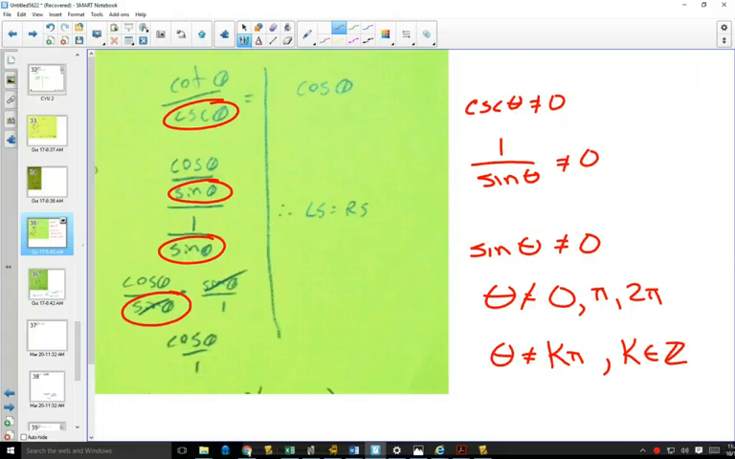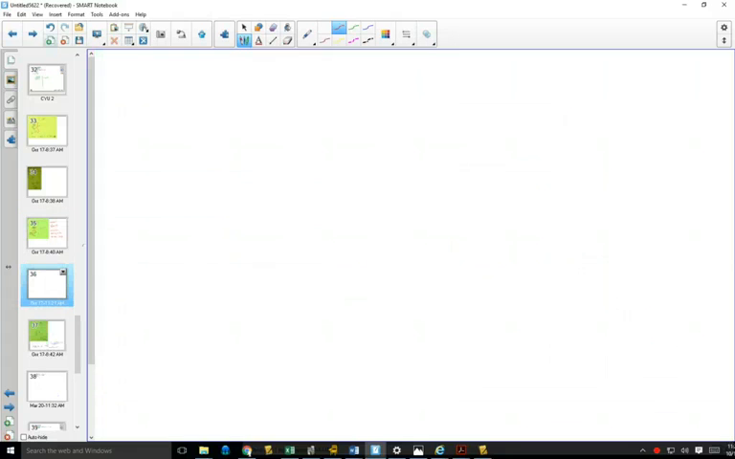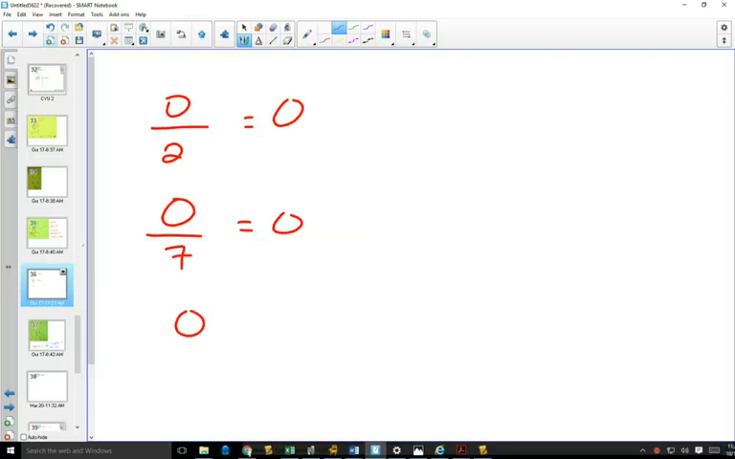And I have a question for you about fractions. When are fractions equal to 0? Can you give me some number on the top of the fraction, number on the bottom of the fraction, so that it's equal to 0? 0 divided by 2. Perfect. Is there any other ones, or is that the only one? 0 divided by anything. So 0 divided by 7, 0 divided by 351.8